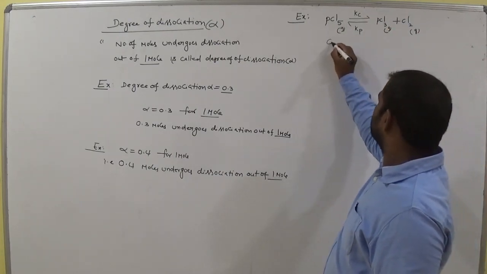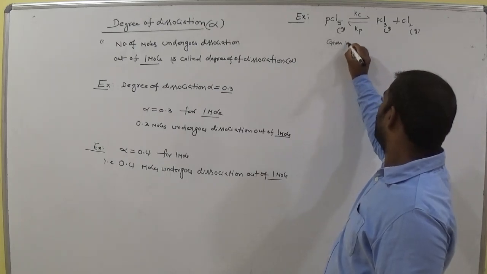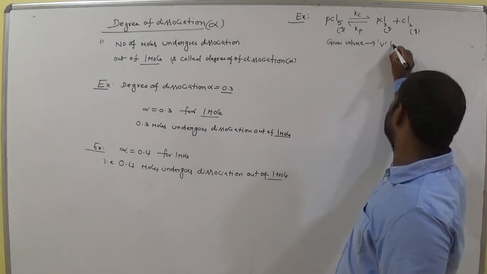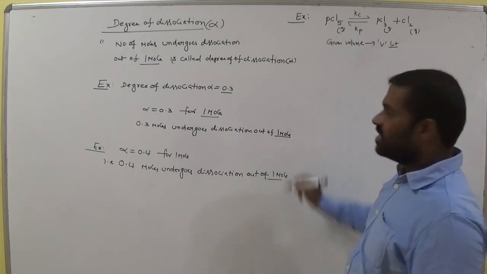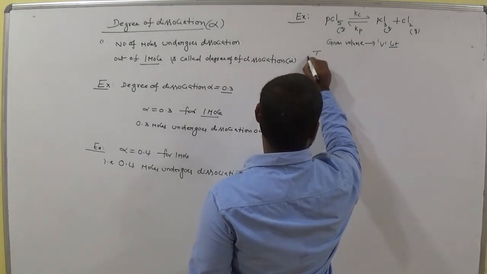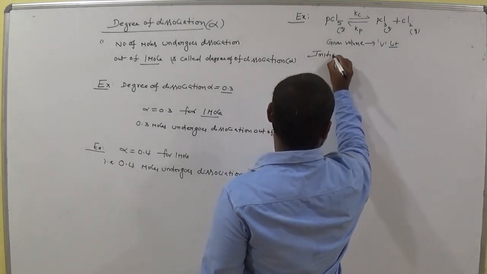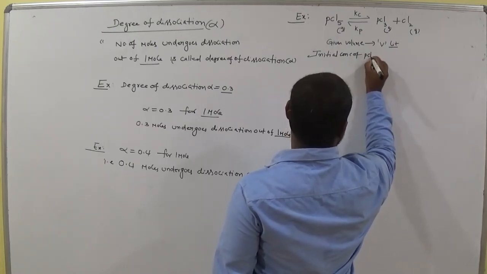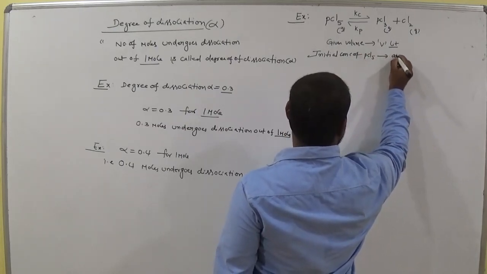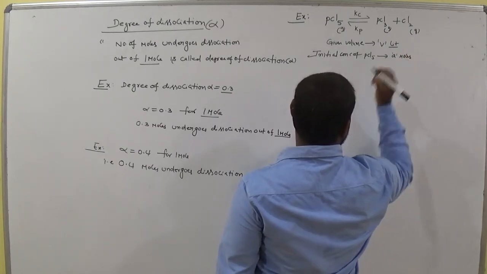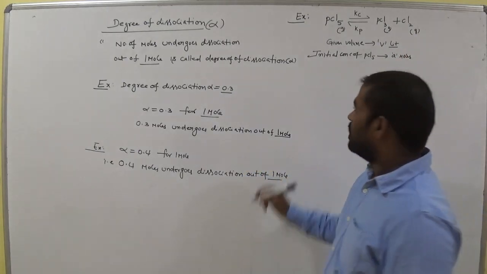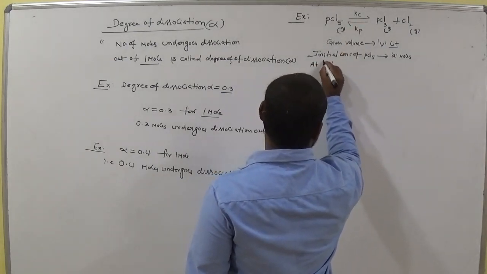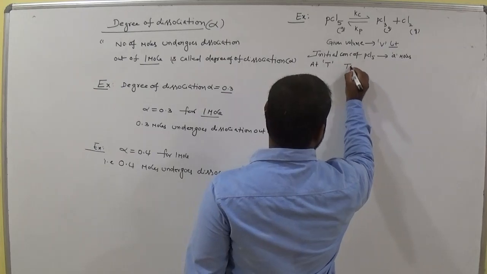The given volume is taken as V liters. Initial concentration of PCl5 is A moles, given A moles,